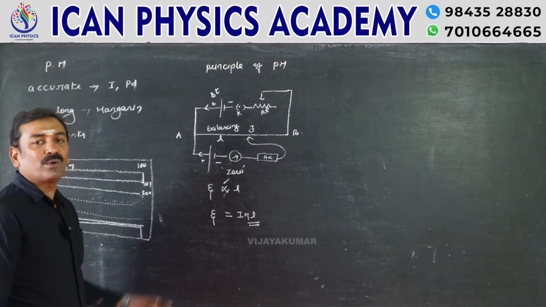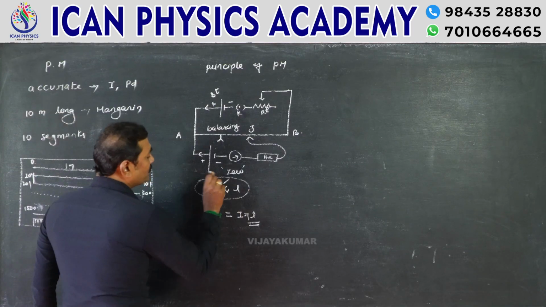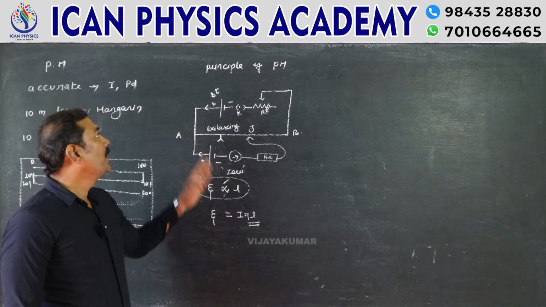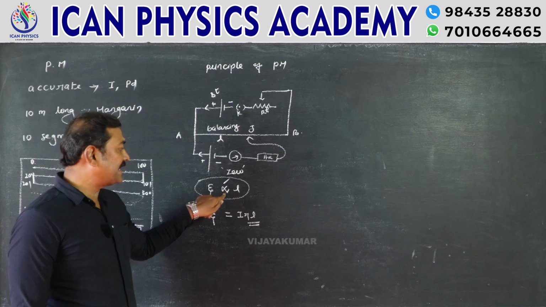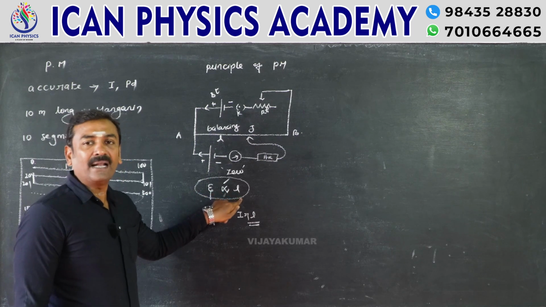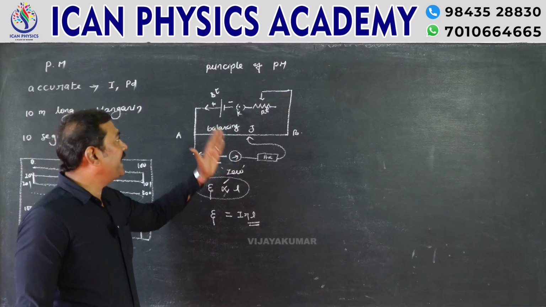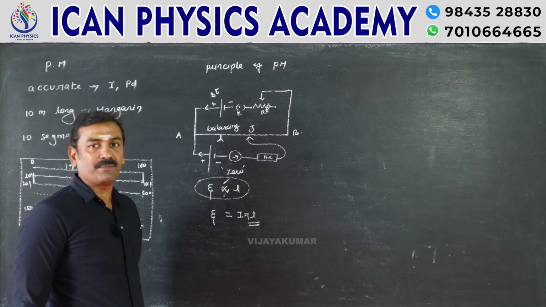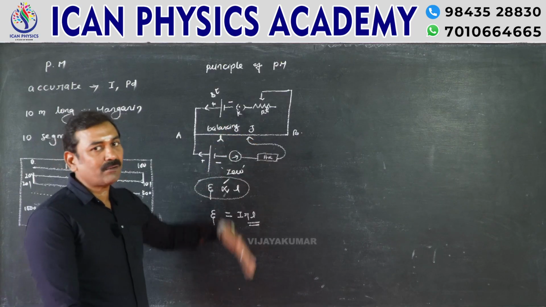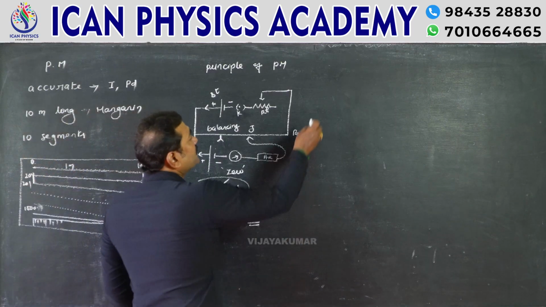Suppose this same question is asked as a 2 mark question, then what can we write? Writing only this is enough. State the principle of potentiometer: the EMF of the cell is directly proportional to the balancing length. If you write that, you get 2 marks. If it is a 5 mark question, explain the principle of potentiometer, writing this alone can get you 5 marks, but in the explanation you need to elaborate the theory part a little. Okay? Right. So the next topic is